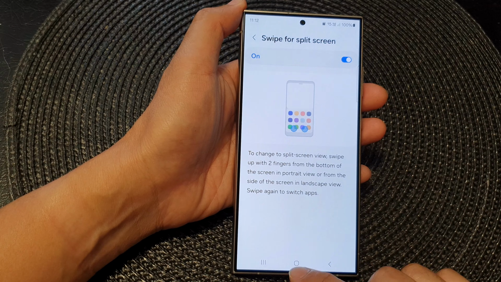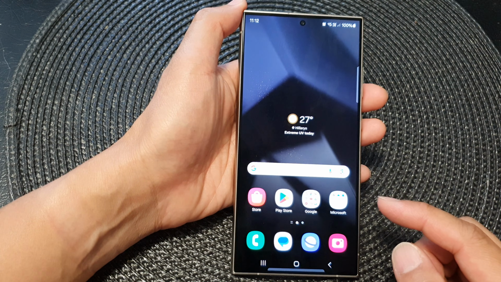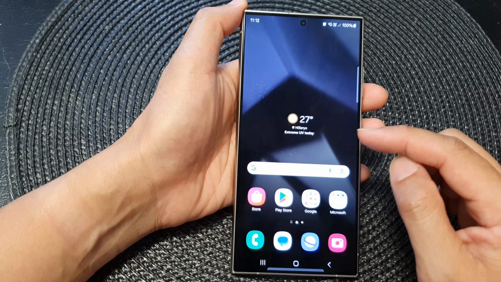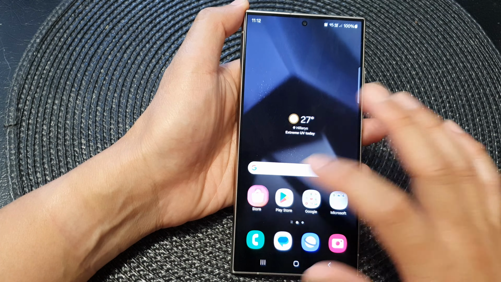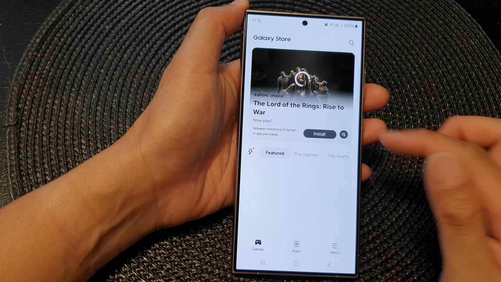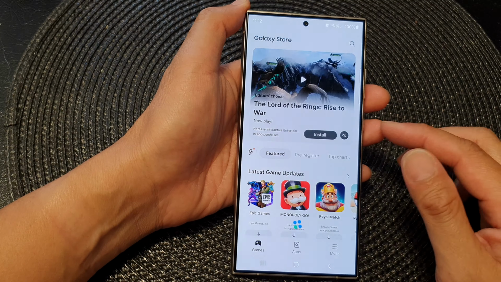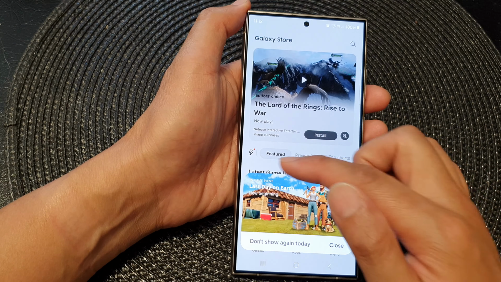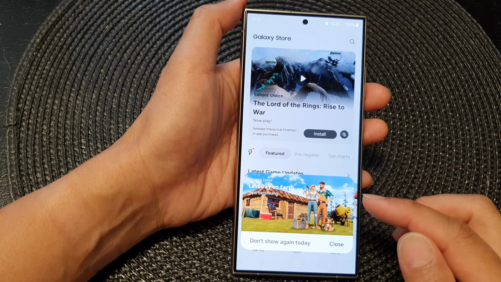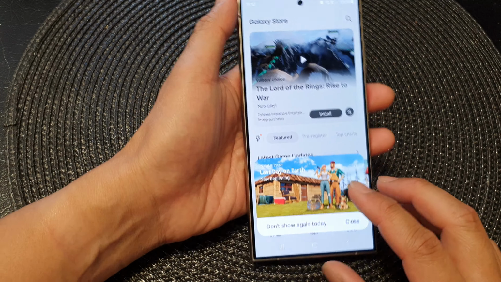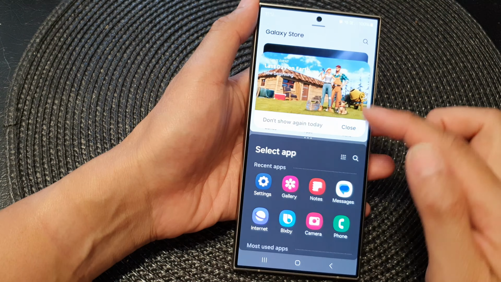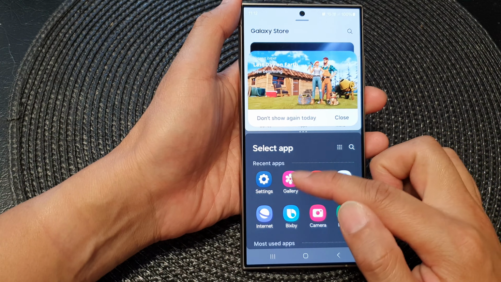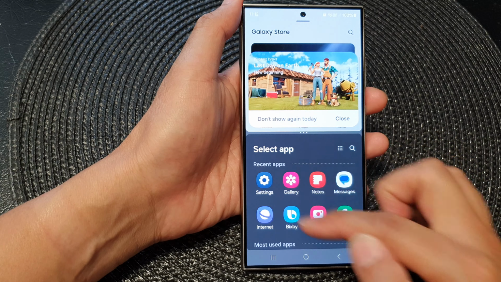Then after that, to use the swipe for split screen, first open up an app that you want to use as the first app. So let's say the first app is my Galaxy Store. So I got Galaxy Store open here. Now if I want to open up another app just below that in split screen mode, I can quickly swipe up with two fingers at the bottom like that, and that will open up the app selection on the bottom